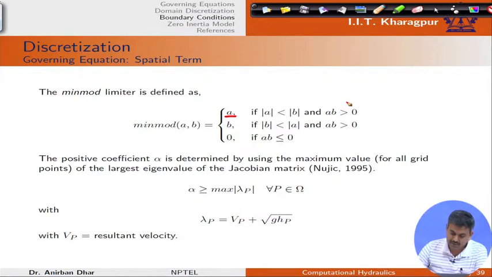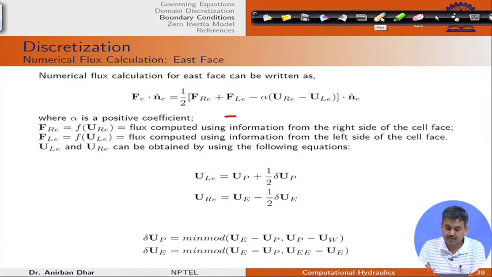And if it is modulus b less than modulus a and ab greater than 0, then it is b, otherwise it is 0 in this case. So, if I utilize this concept for discretization,